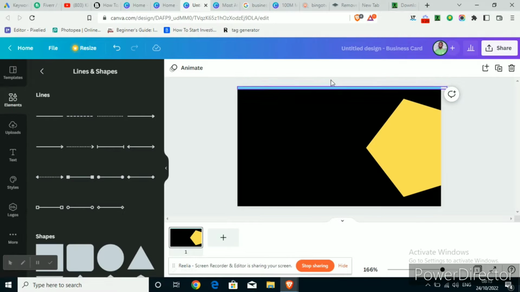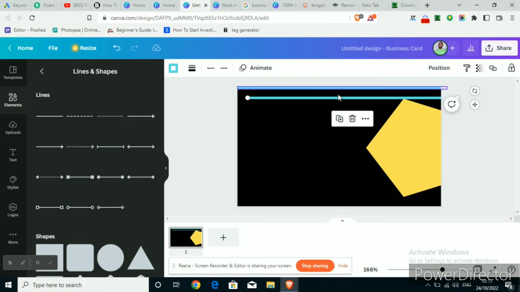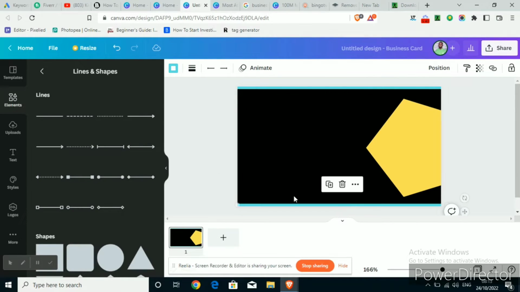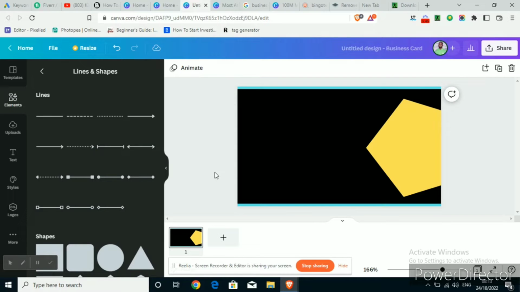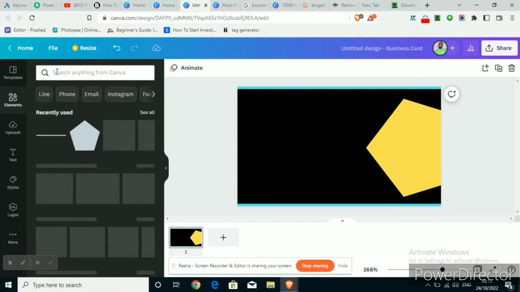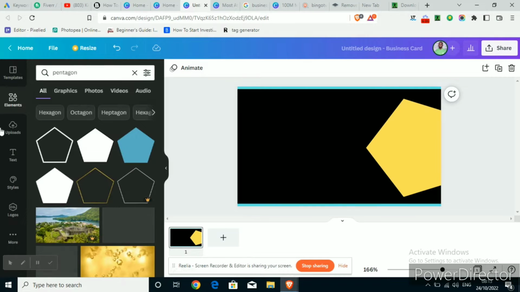Yes, so copy and paste to do the same to the base. Yes, and I have this design out. So the next thing I'll be doing is, let me search on the elements, let me search on pentagon to see here. So come with this,